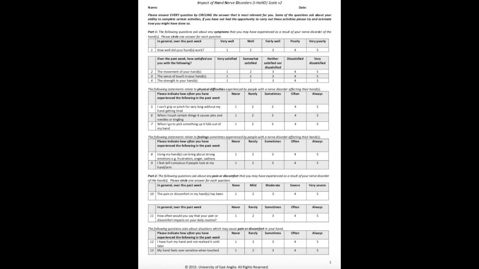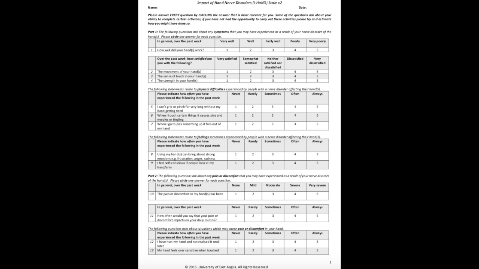When thinking about the theories involved in developing the Impact of Hand Nerve Disorders Scale, or the I-HaND scale, we can take a peek into the Occupational Therapy filing cabinet, as this test seems to be mainly based on the physical determinants of occupation. As peripheral nerve injuries and hand injuries are both conditions that could cause impairments of the physical determinants of occupation, the questions in Part 1 and 2 of the I-HaND scale gather information from the client about sensory function, endurance, strength, as well as pain and discomfort to give an OT information about how their client's performance of occupation might be altered due to their physical injury.